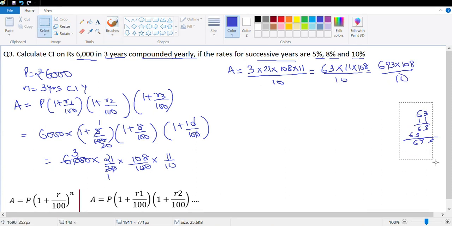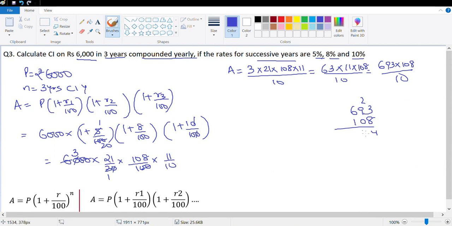Okay. So let's do the calculation. 693 into 108. That's 3 into 8, 24. 72 plus 2, 74. 48 plus 7, 55. And this is nothing, 0, 0. So this is 3, 9, 6. 4, 4, 8. 9 plus 5, 14. 7, 4, 8, 4, 4, which means amount is equal to rupees